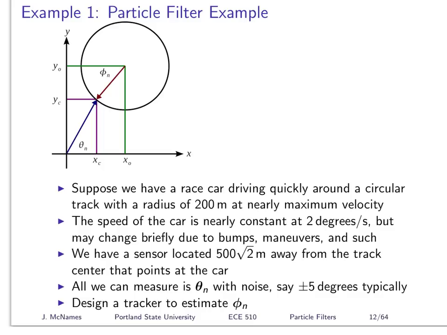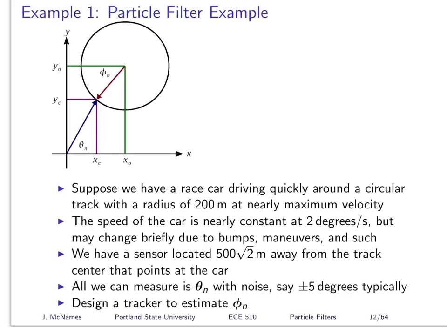And that's the information that we've got. And I want to design an estimator that tells me where the car is, as specified by that angle relative to the track. I want to know, is it here or there, or where is it? And the only information I've got to track it is knowing something about its starting location and the measurements theta n. And I want to point out in this problem, it's going to end up being multimodal